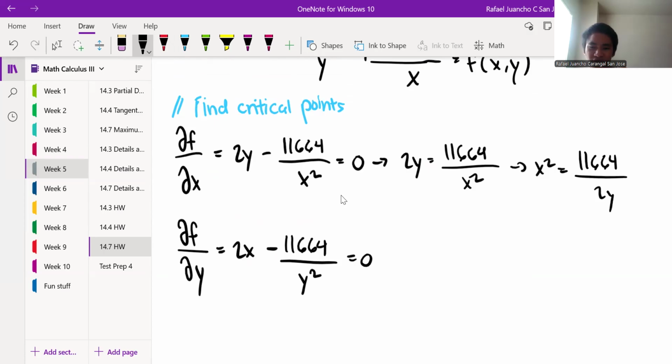I could divide it if I wanted to. So 11664 divided by 2 is 5832 over y. This becomes that. And then from there,